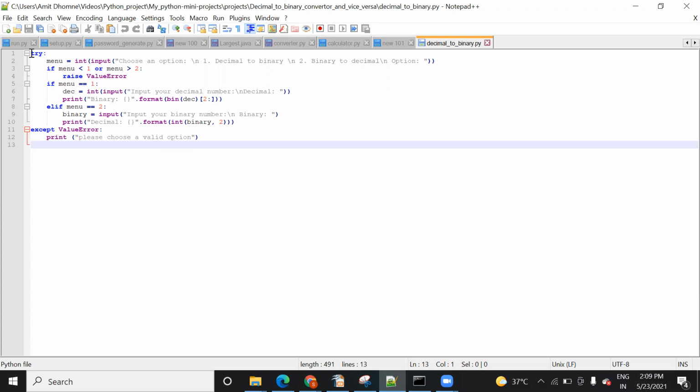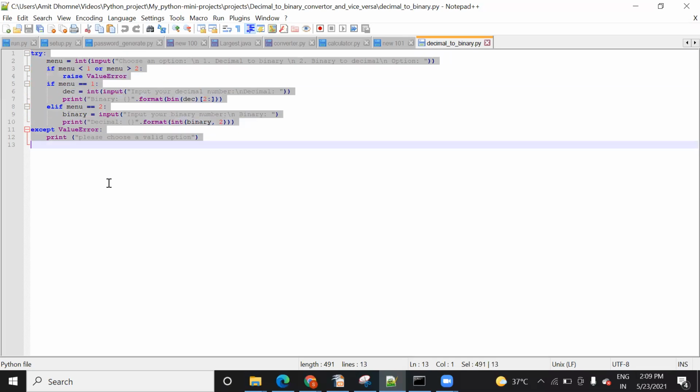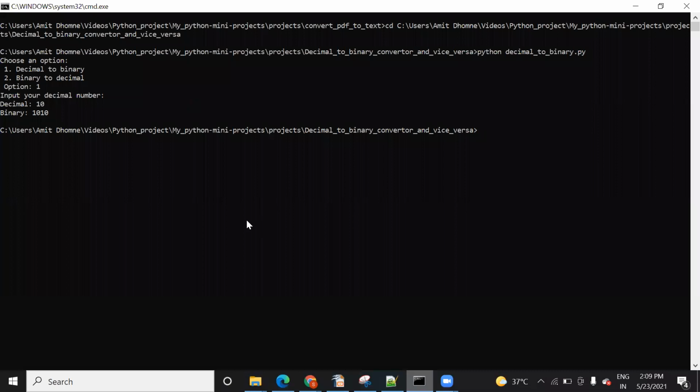Before explaining this code, let me show you the output. As you have already seen, I have already executed the code and the output is already generated. This code is based on converting a decimal value to binary and binary to decimal.